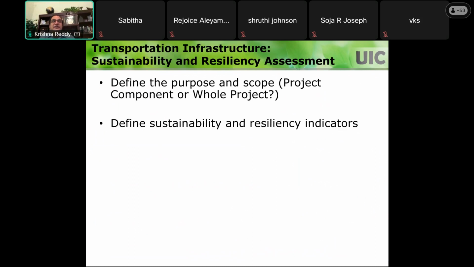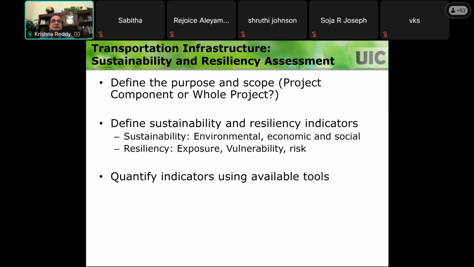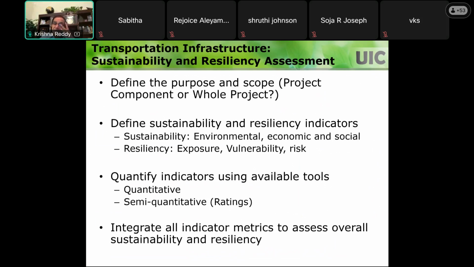And you need to define the sustainability and resiliency indicators, and then quantify the indicators using the available tools, whether they're going to be quantitative or qualitative, using the ratings, and integrate all indicator metrics to assess the overall sustainability and resiliency. This could be the generalized approach to design any scale transportation infrastructure. So, as I said, quantitative assessment is very challenging, but a lot of efforts now mainly use rating